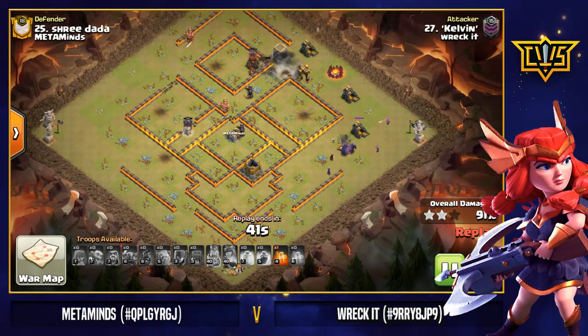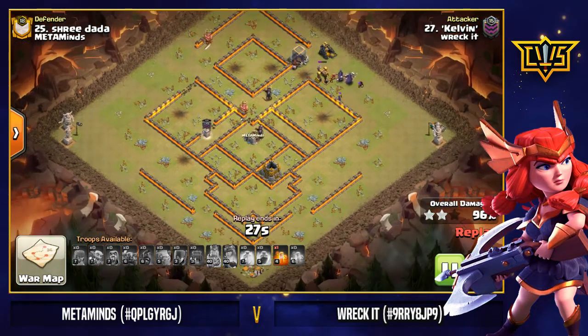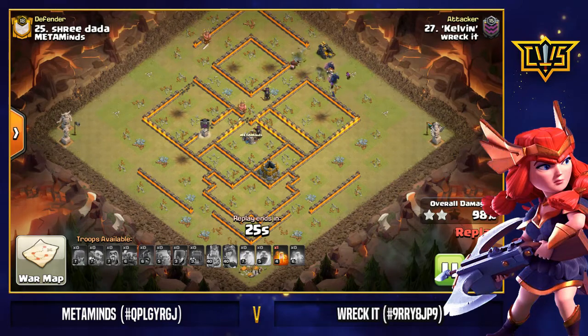A giant bomb is going to go off there, which could have caused some issues. The bomb tower bomb going to catch pretty much all of our hogs, a couple staying alive to work on that dark elixir storage on the back end, but Kelvin absolutely ripping through this base. But the one thing that has been missed right here is, of course, this gold storage, so timing may have been an issue right here,